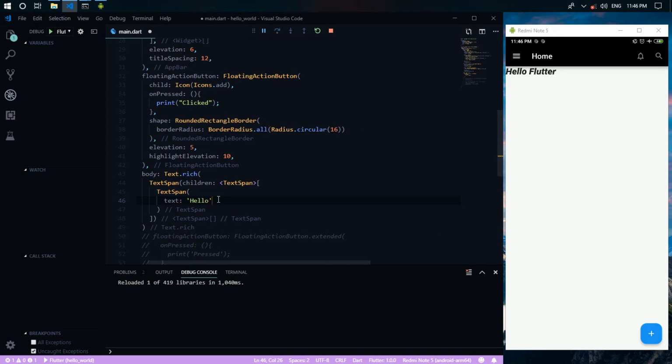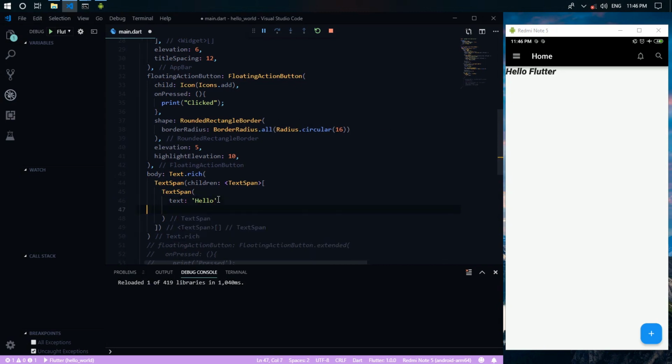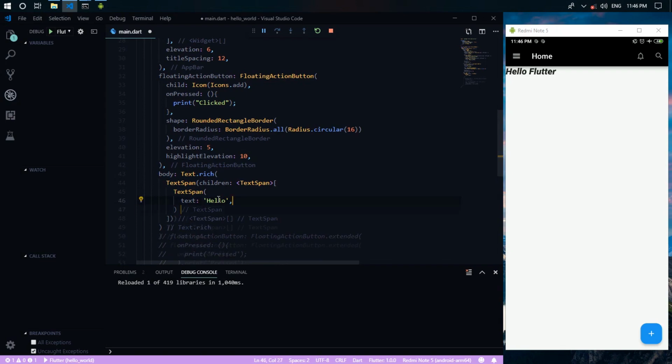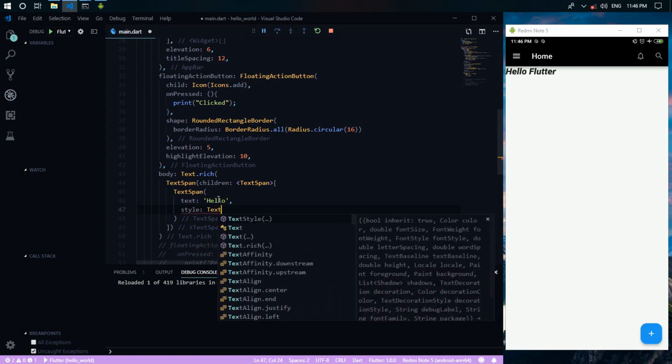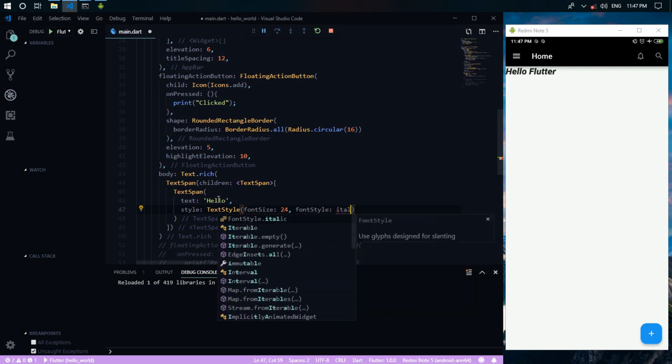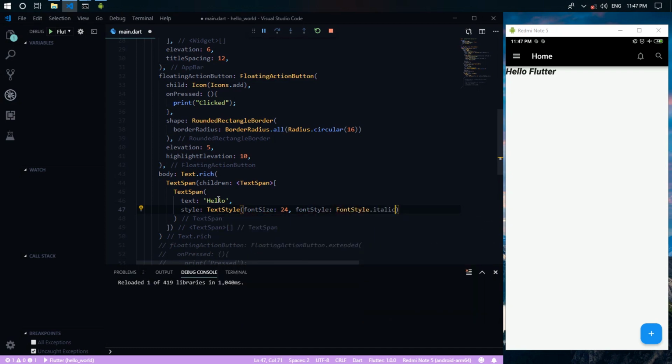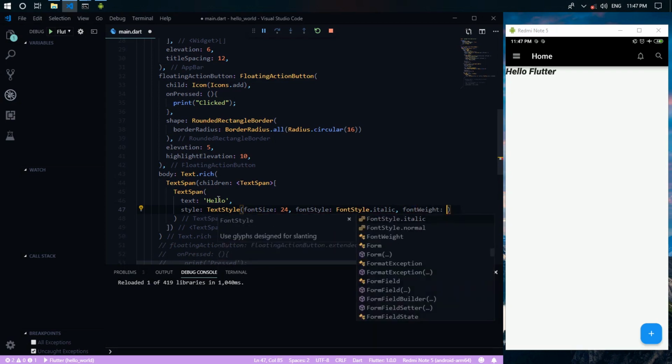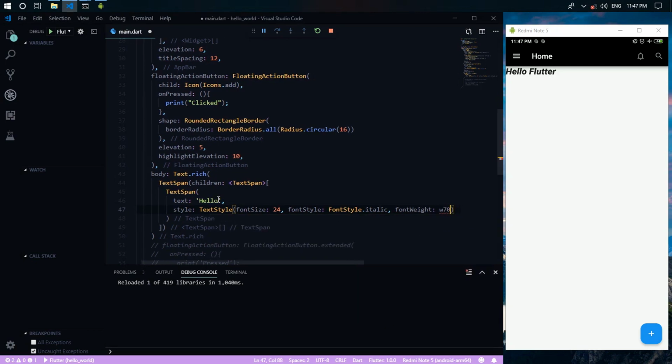And we can add styling, TextStyle, maybe fontSize. We want to make it 24 and we want to make it italic, and we want to make fontWeight maybe 700.